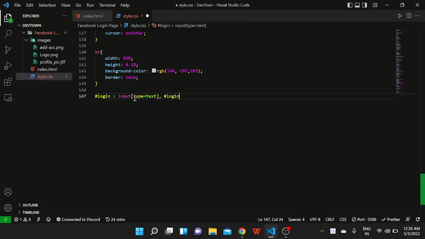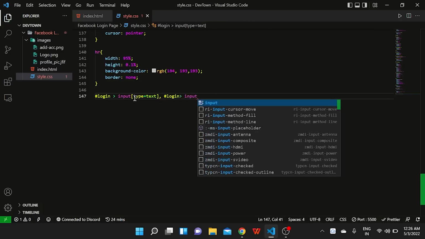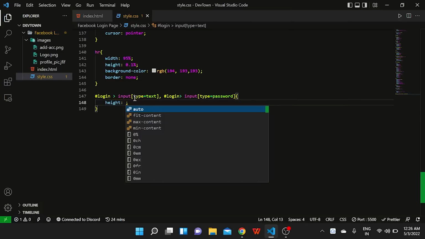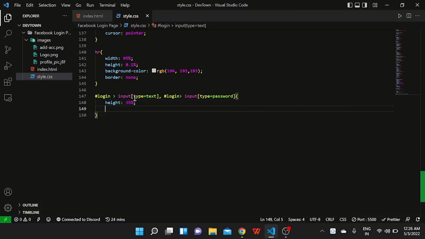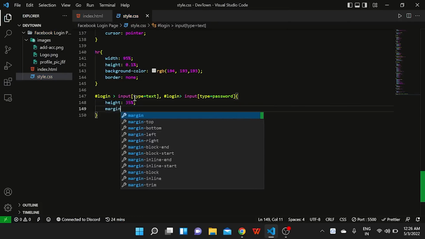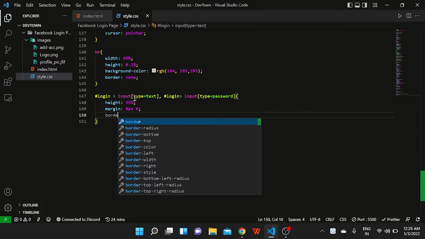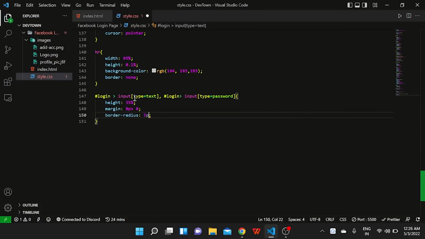Also, we'll be designing this for the input field that has a type is equals to password. So we are doing some common styling for both of them here. We'll put the height as 35%, the margin as 8 pixel and 0, border radius as 5 pixels,